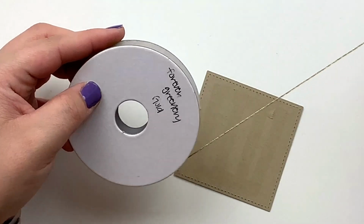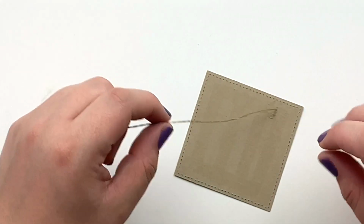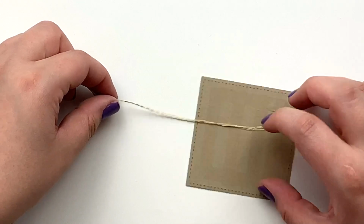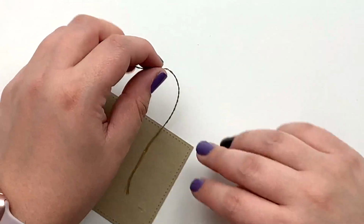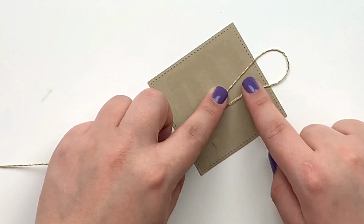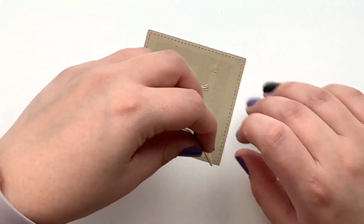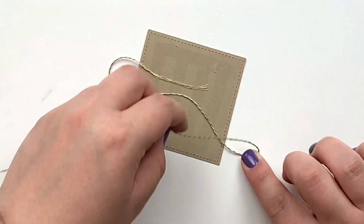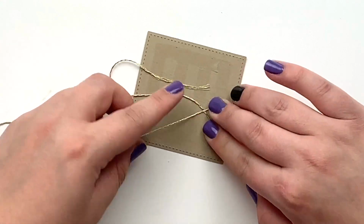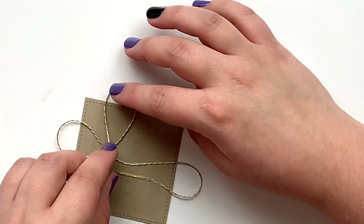Then we are going to take this gold twine from the Forever Greenery ribbon combo pack. I can't remember what the exact name of it is. And I'm going to start by putting the end of the ribbon into my adhesive. And then all I'm going to do is loop it. And when the twine comes on the back, I'm just sticking it down into that adhesive. So I'm going to go out this way. And I'm going to make a loop, and I kind of hold the loop with my fingers over here, and then I bring it back, and then I just stick it down into that adhesive so it's not going to go anywhere. And then I'm just going to do this over and over again